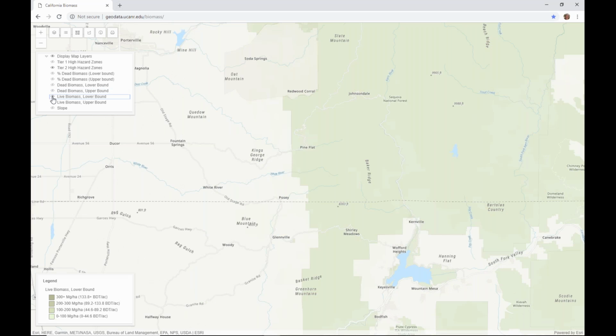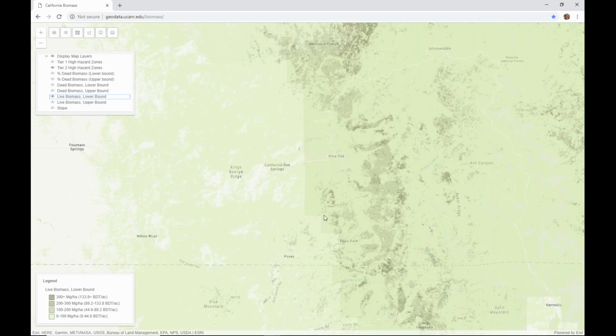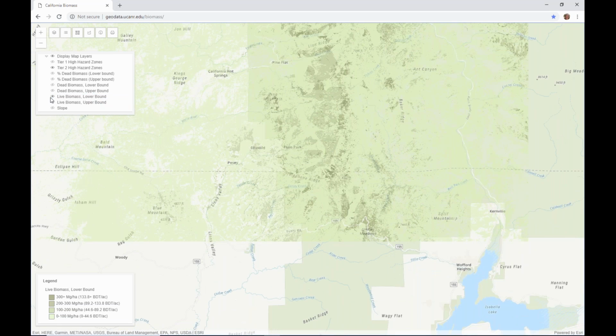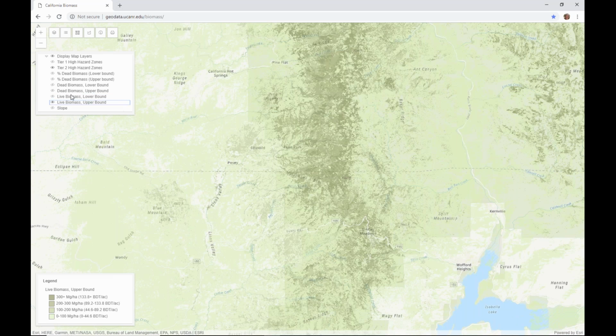Next, we have live biomass. So like I said, live biomass lower bound corresponds to dead biomass upper bound. It's the other side of that coin. It's given in green, so you don't get confused with dead biomass. And then live biomass upper bound shows the flip side of the dead biomass lower bound.